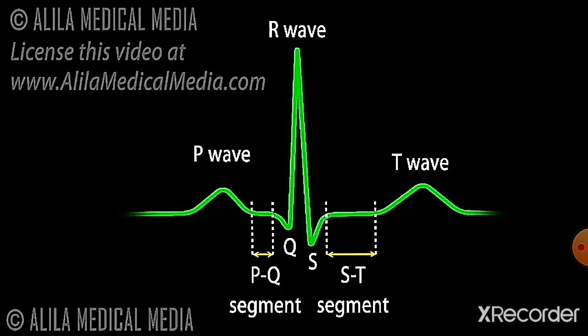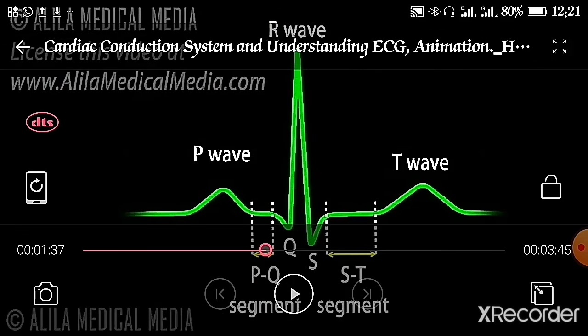After that, this Q wave, if it enlarges, if it increases, means there is myocardial infarction. Suppose the P wave enlarges, it indicates that atrial enlargement has occurred. Suppose the R wave increases, if its amplitude increases, it indicates that there is enlargement of the ventricles. And if you see the P wave, QRS complex and T wave, it can be divided into 3 compartments. Now we will see how it affects your heart one by one.